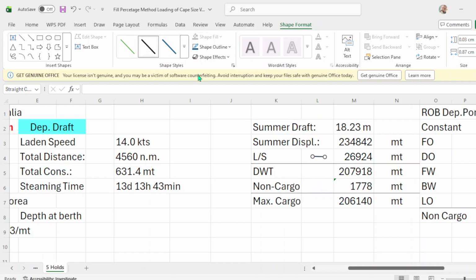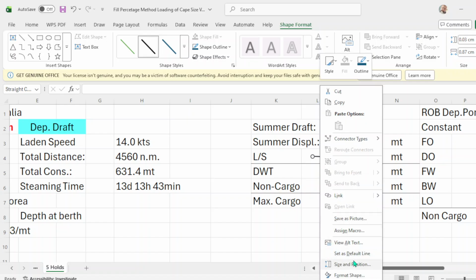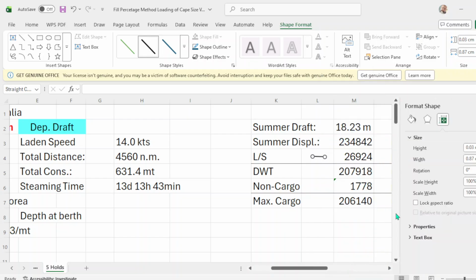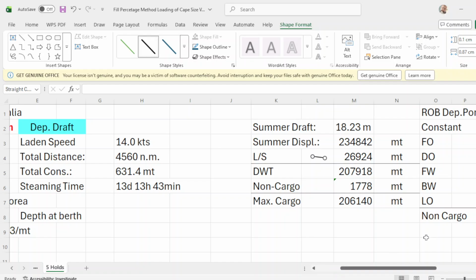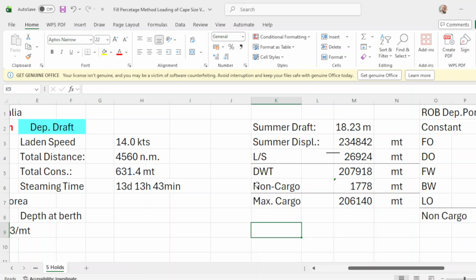That will be minus. Okay, that will be the dead weight of 207,918 minus your non-cargo weight.